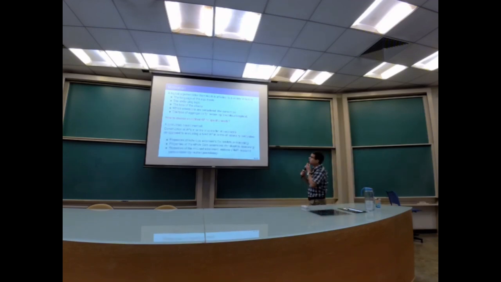I will divide this discussion of postulates into several subsets of postulates. The first set will consist of postulates regarding individual extensions, mainly useful for credulous reasoning. The second set of postulates will be about sets of extensions. Again, it will be useful for skeptical reasoning. And the last set of postulates will refer to properties of the induced entailment relations.